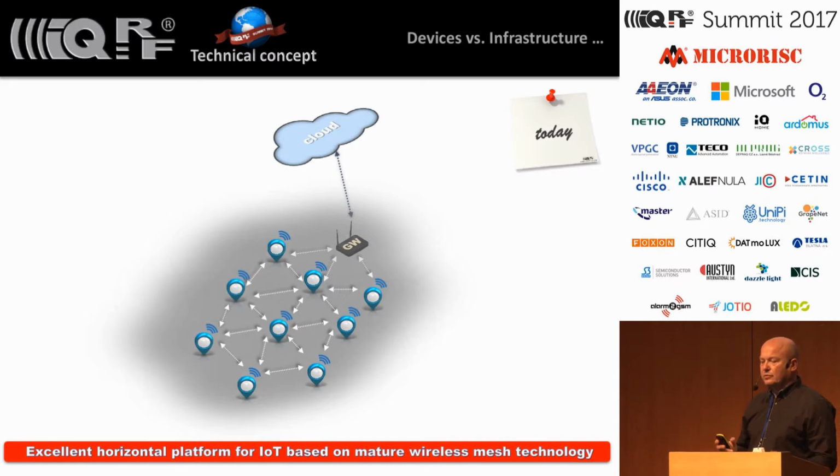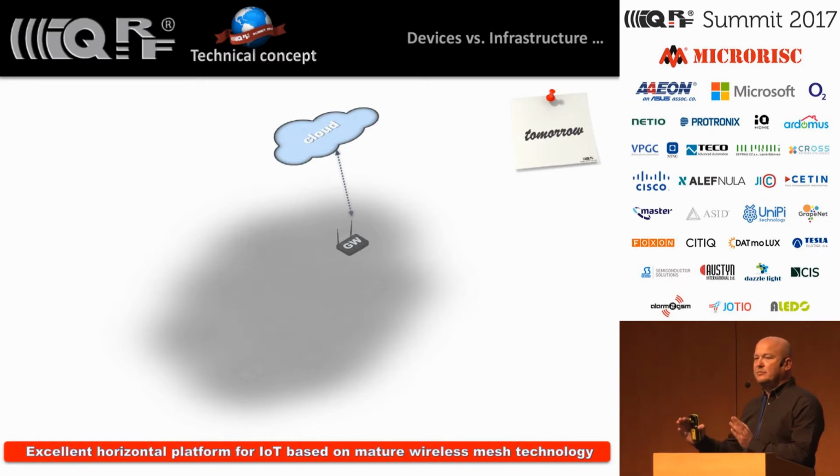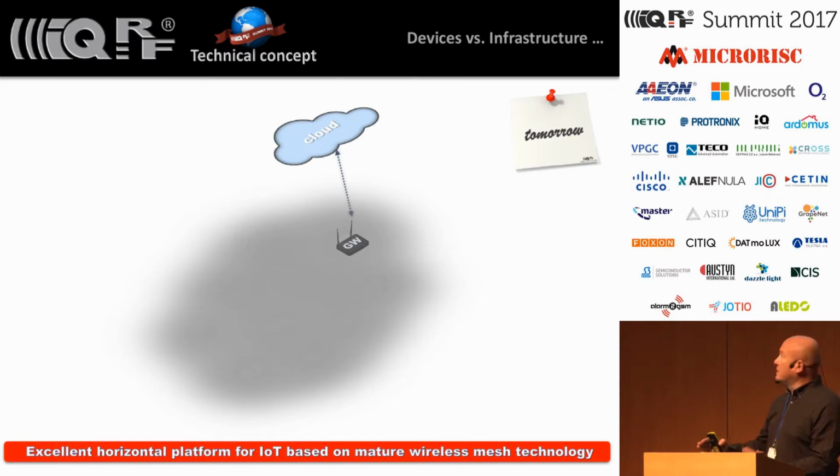Therefore, we decided to look to the design cycle by different optics and separate infrastructure and design of devices. We defined 2 levels of services. Each level of services is defined not by devices. Once the device is manufactured, it will work both in online-based services, networks, and zone-defined networks. The only difference is on gateway.